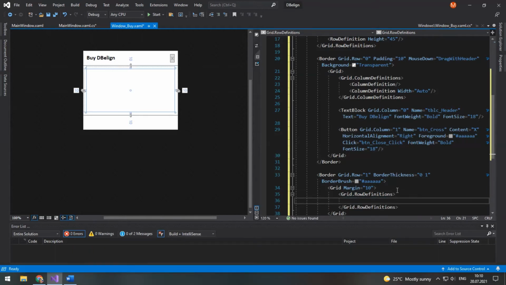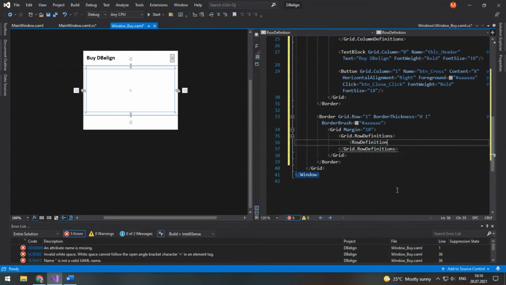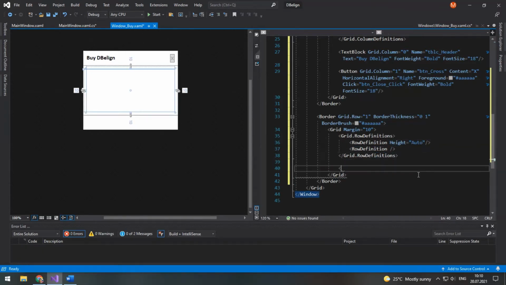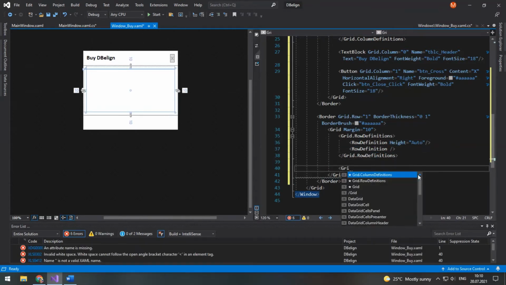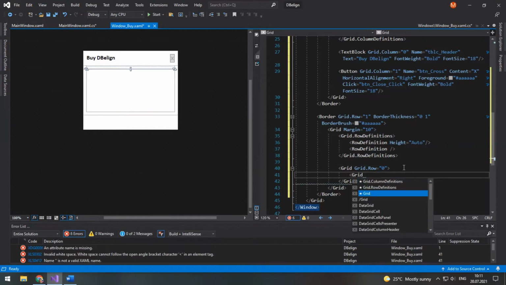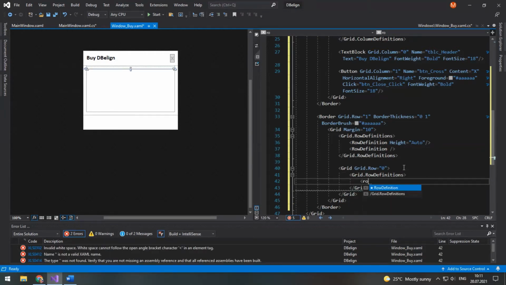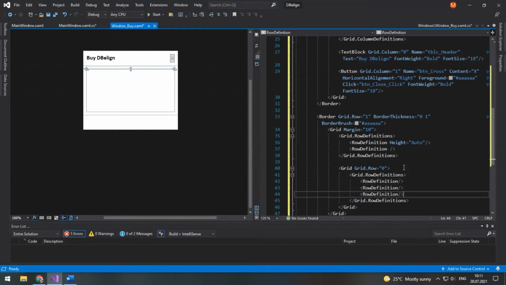I plan to have 2 row definitions, so row definition height auto, and the second one will expand. So in the first row I will have a grid, so grid row 0, and it will have grid row definitions as well, so 3 of them. So row definition, row definition, row definition.